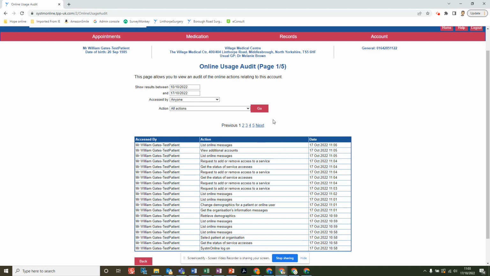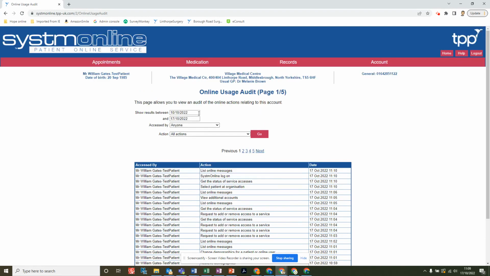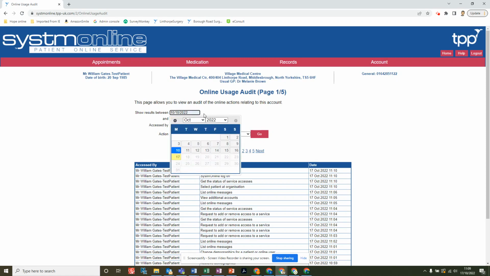And you can do a search regarding that. So the first one we look at is the dates. When doing a search, you have to make sure that the dates that you do select are within a week of each other. So it can only select 1 week at a time. So this is set to the last week. So if we wanted to change that,